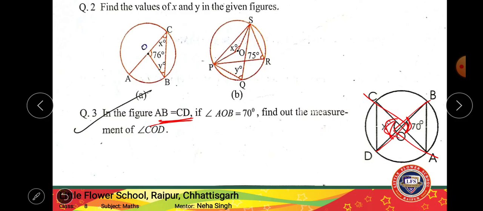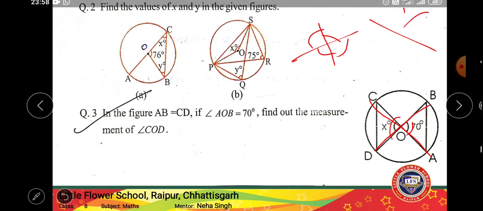Why? Because of vertically opposite angles. In the last classes you studied lines, parallel lines, the properties of lines and geometrical constructions. In that you might have studied what vertically opposite angles are. The angles which are opposite to each other are called vertically opposite angles. Generally these angles are at plus signs. This and this angle will be vertically opposite, this and this will be vertically opposite, in a plus sign or in a cross sign.